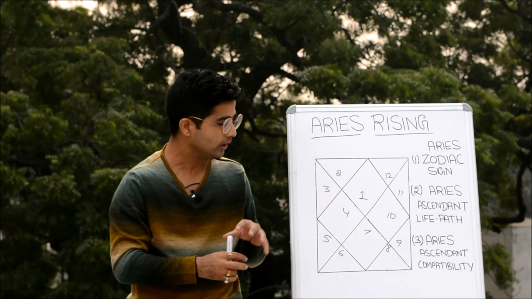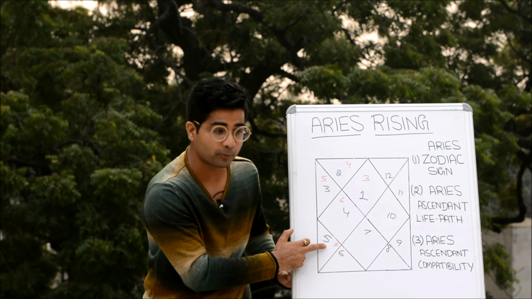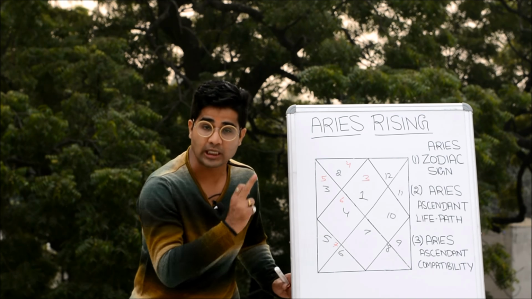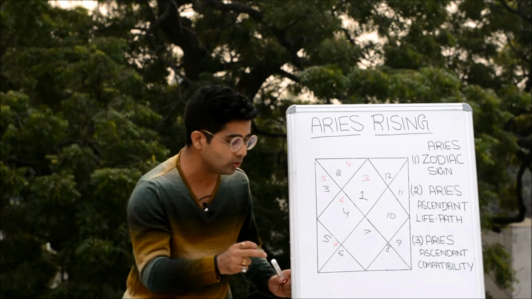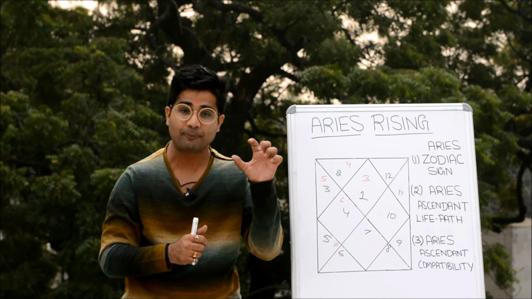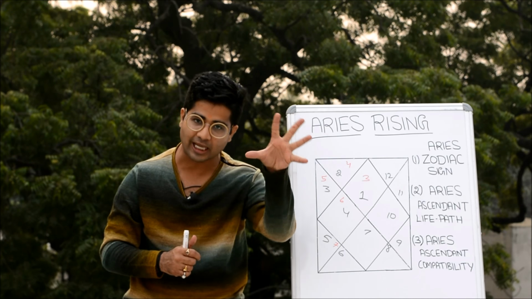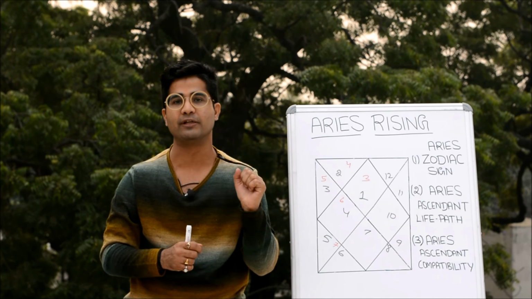So let's say for example, at the time of someone's birth, there is a Gemini sign rising on the ascendant, on the eastern horizon. So Gemini will come over here, and the successive signs will come like this. Now you can see the difference: in this person's life, the progeny and his creative self-expression will now be ruled by the energy of the Libra zodiac sign. So this is how the ascendant plays a very vital role, because it sets the life path of an individual's life. So this is about the basic zodiac sign and the ascendant.